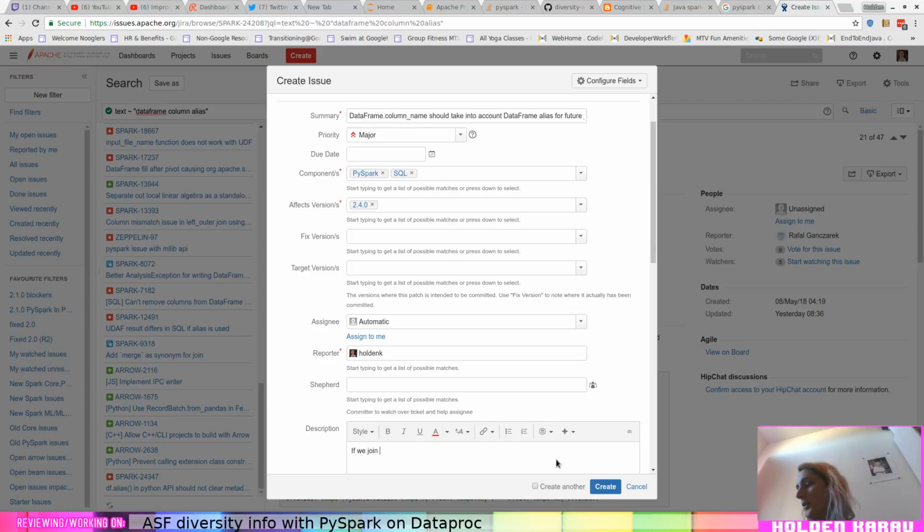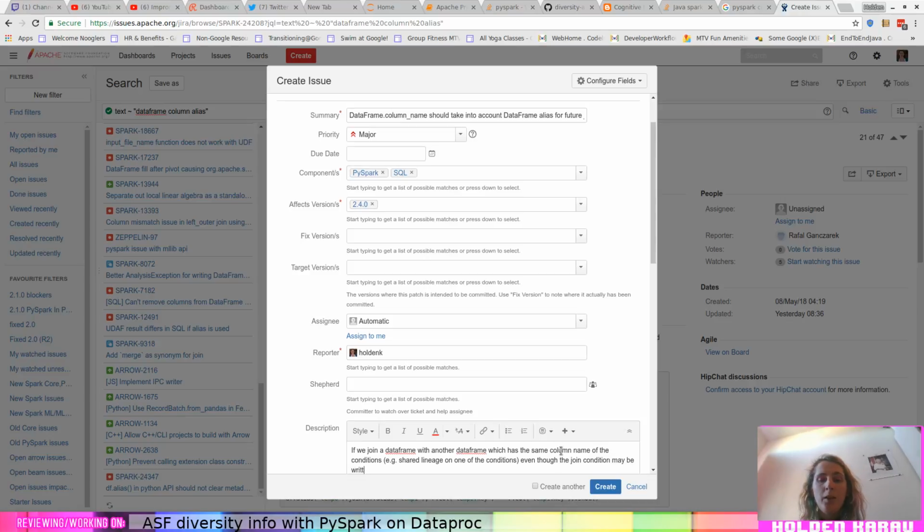If we join a data frame with another data frame which has the same column name in the conditions, e.g. shared lineage on one of the conditions, even though the join condition may be written with the full name, the column returned results in, we're going to downgrade this to minor.